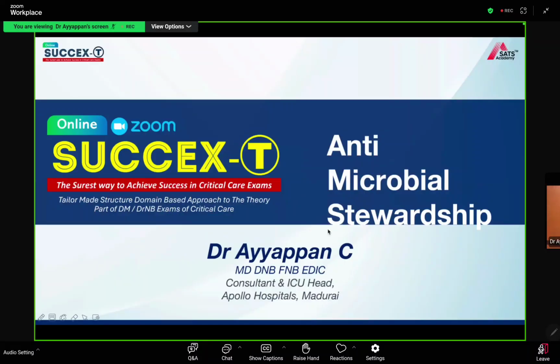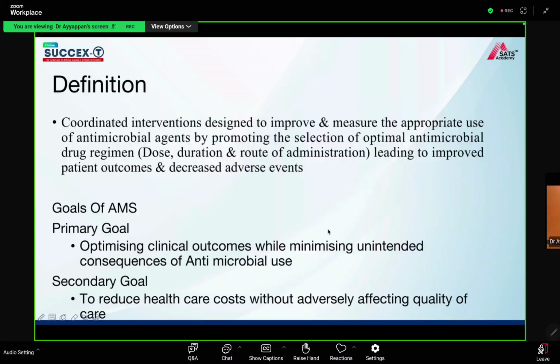Yeah, I'll go ahead. I won't take much time. The two things which I will discuss are antimicrobial stewardship as well as TB in ICU. Let's touch upon topics which we commonly come across. So antimicrobial stewardship, there have been a lot of definitions around, but it has been standardized